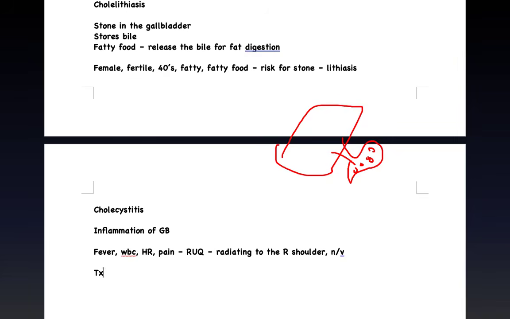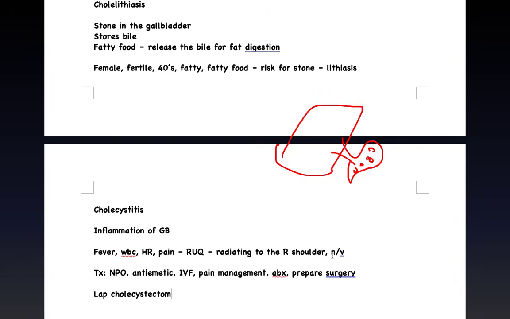What is your treatment? Well, your treatment: NPO, you already vomit, antiemetic, right? IV fluid, pain management, antibiotic, right? Prepare for surgery. They don't need the NG tube unless they're vomiting a lot. And most of the time, they don't need too much. The surgery is laparoscopic